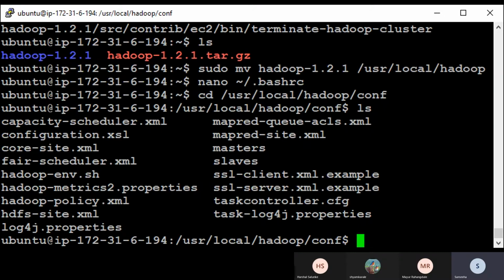We have to configure all the files one by one. First, the Hadoop environment file.